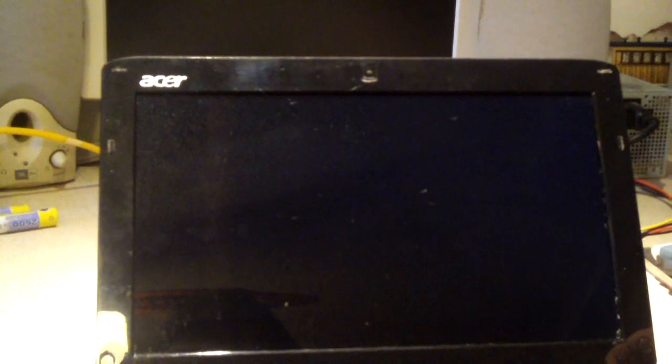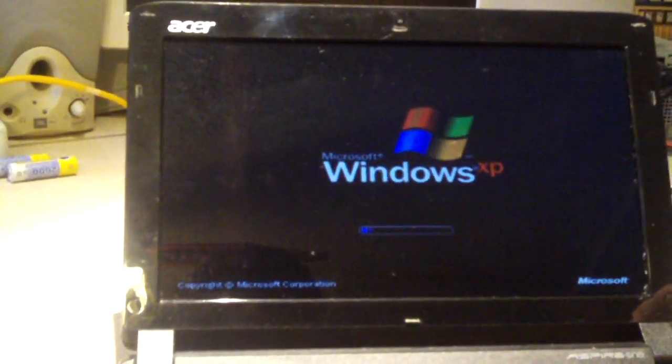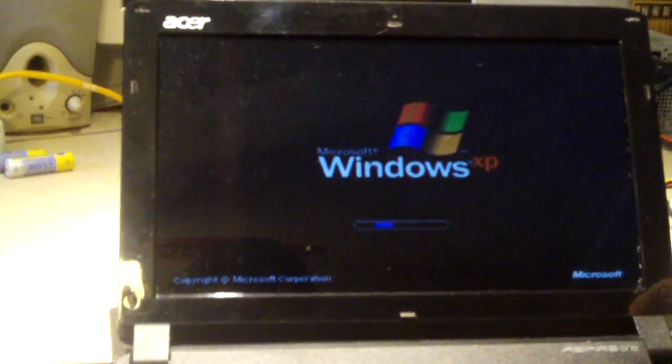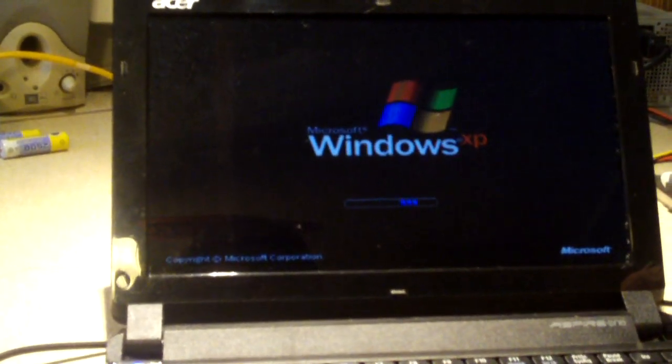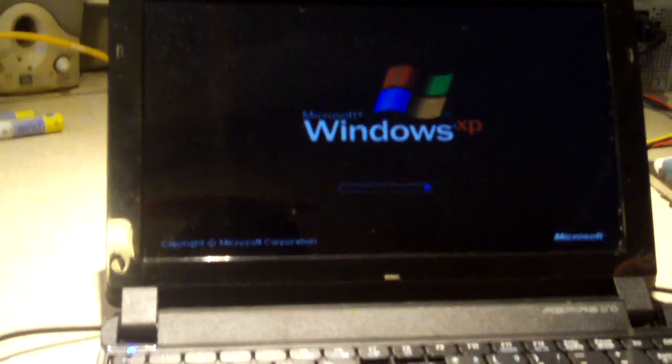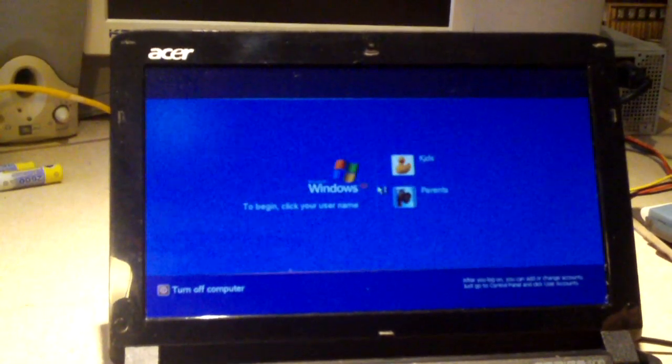Heck, the battery might have a charge on it. I believe it has Windows XP. Yep. So it was probably from 2009, but prior to Windows 7 being released. I'll definitely be putting Windows 7 on it. Seems to start up pretty fast. It's a factory Windows install,